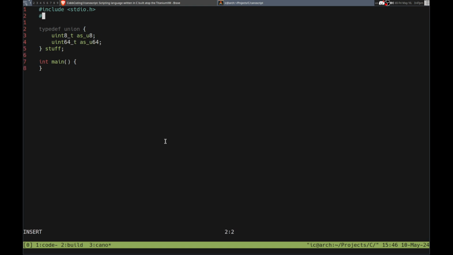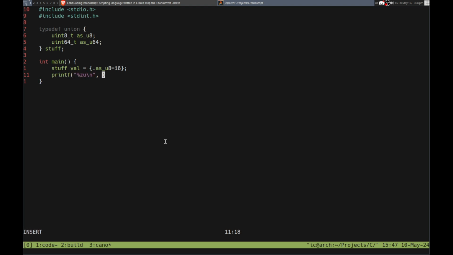There we go. Need to include stdint. What I'll do is I'll create a stub, and then this is the val equals as u64. We'll do as u8 equals 16, right? So if we do that, and then we printf, and we print out the value,